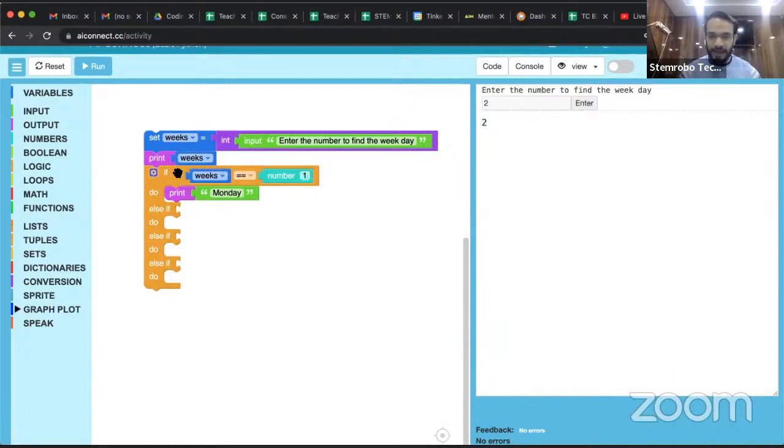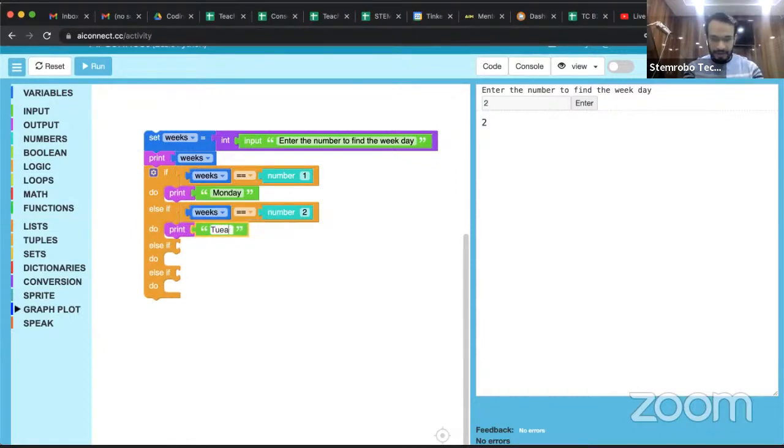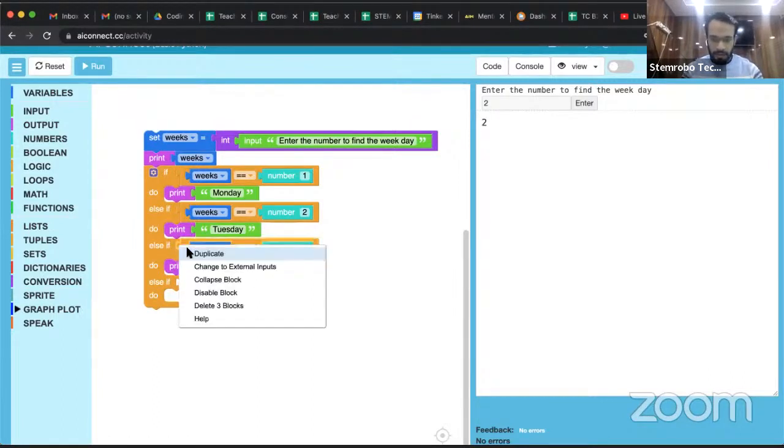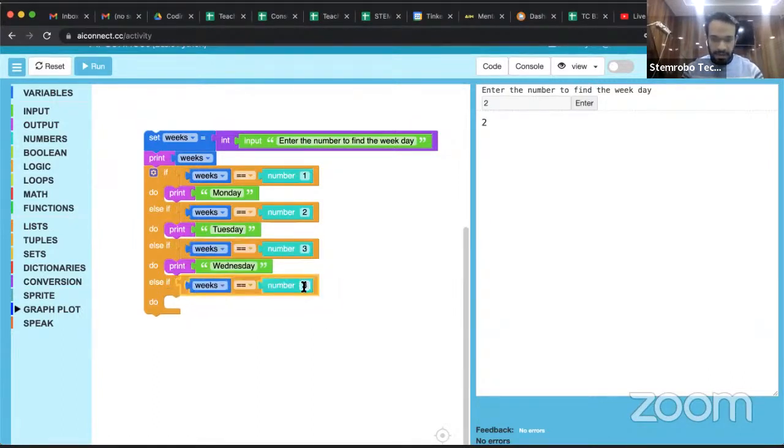अब मुझे नेक्स्ट कंडीशन भी लगानी है। तो स्टूडेंट्स प्लीज टेल मी, अगर यहाँ पे हम 2 करेंगे तो क्या प्रिंट होना चाहिए। I want answers in the chat box. Yes students, fill the chat box with your answers. Right, so we'll be having over here, sorry, it's Tuesday, ठीक है। हम ऐसे रिपीट करते रहेंगे। Then it comes 3 over here, 3 पे क्या आएगा, Wednesday, और 4 पे क्या आएगा हमारा Thursday।